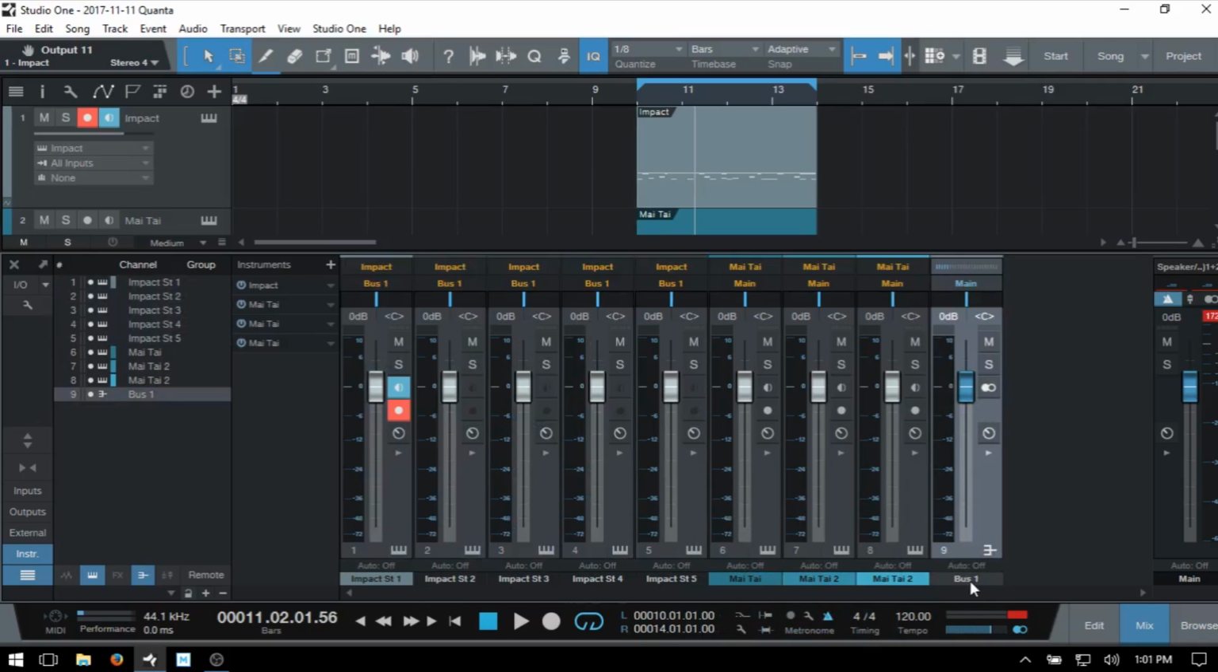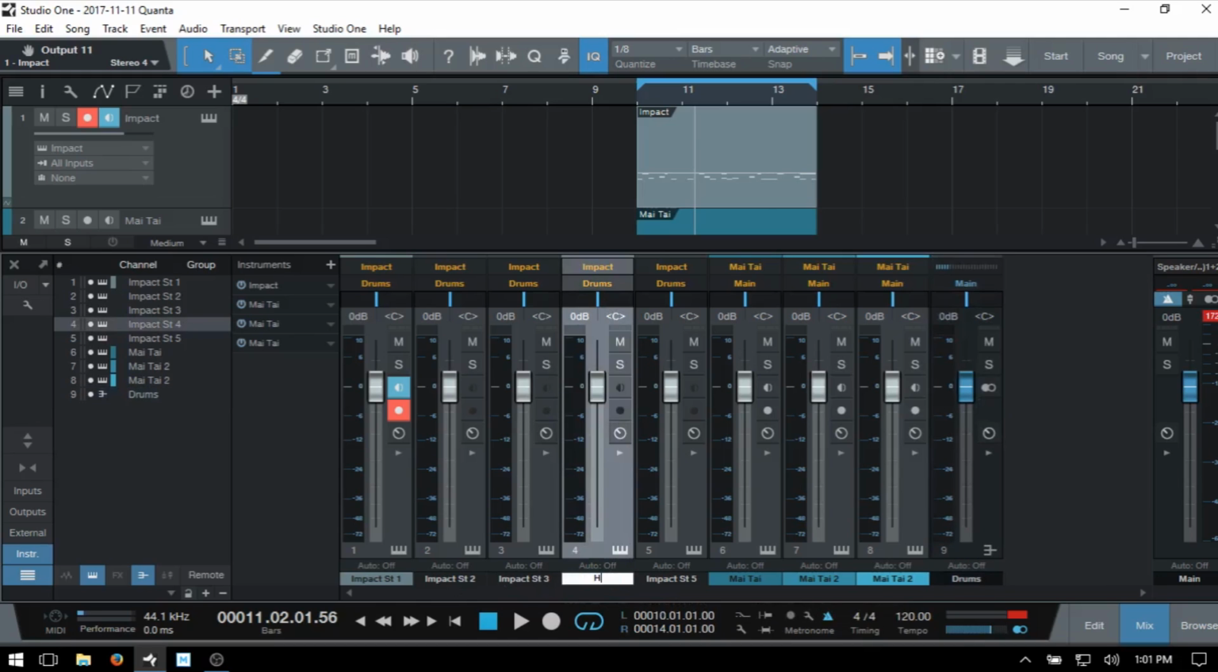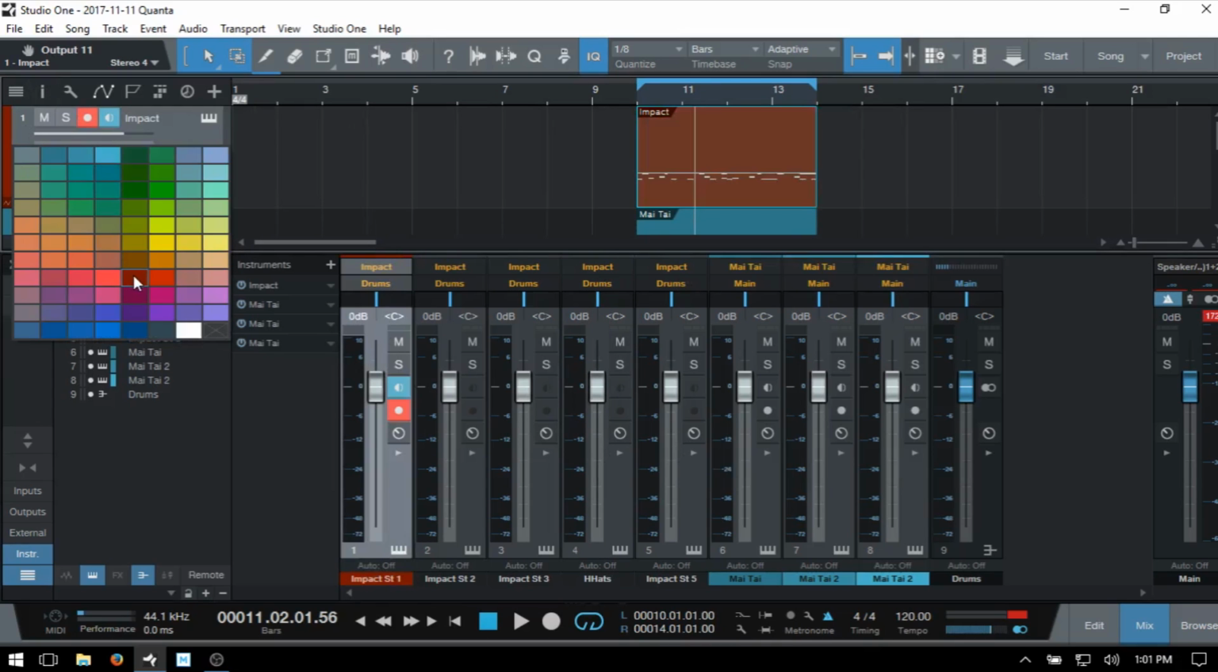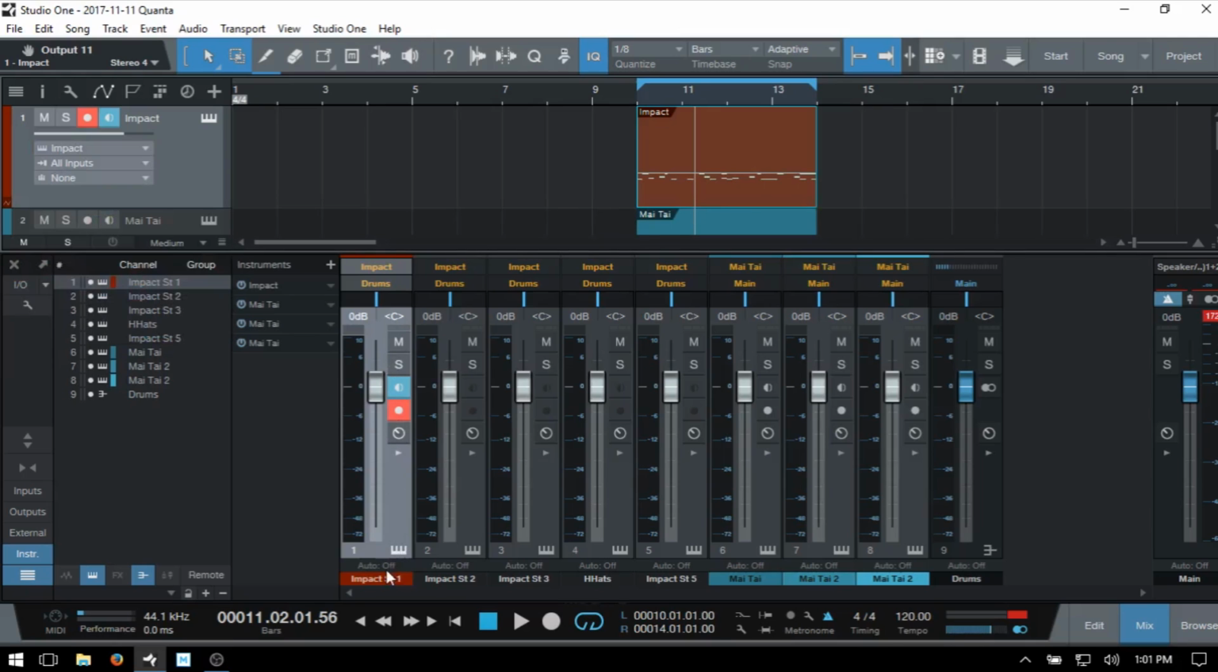We now have bus 1. We could name that drums and add a compressor for all of those tracks. And we can actually name these whatever we'd like down at the bottom, to help us remember what they are in the mixer. So if we had hats here, we could just double click and name that hats. We can actually change our track colors by clicking there, and that's going to tie in with our